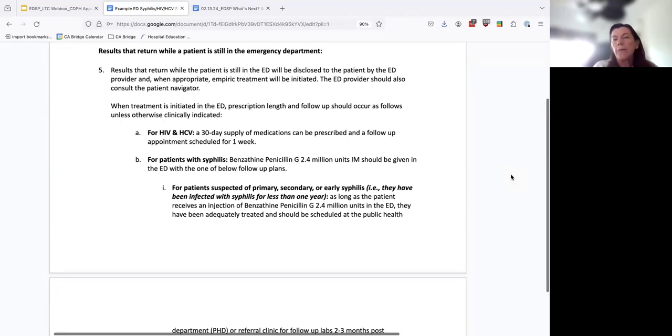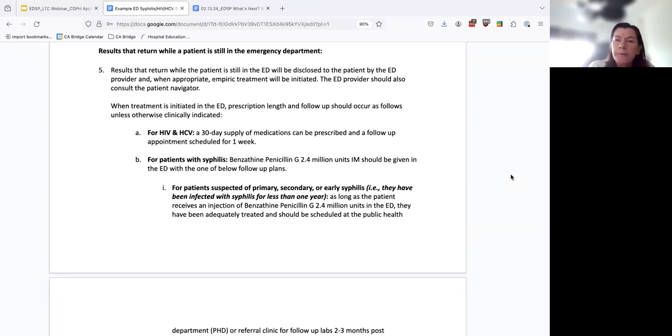with a follow-up appointment scheduled 1 week from the time of their emergency department visit. Of course, that is open to clinical judgment. If there's some reason that a provider has concerns about a patient, clearly, the next day, 2 days later, whatever they think is clinically appropriate. But if the patient is otherwise doing fine, then a 1 week follow-up is a good time frame, because that ensures that patients did get their medication if it was prescribed in the ED, and to check in to see if they're having any side effects from that medication.